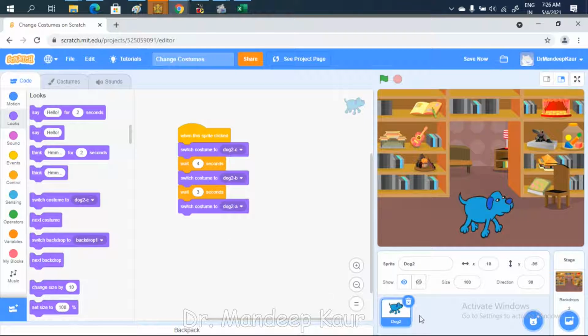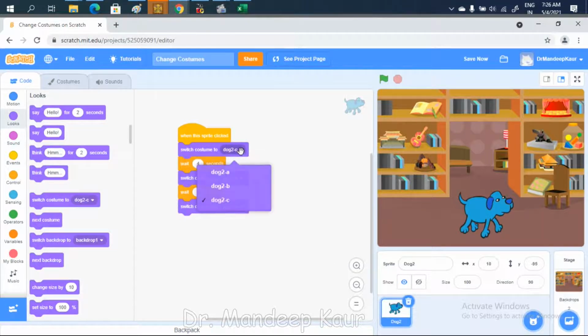And now if I just check this, when I click on this sprite, see, it's like C. Then for 4 seconds it has changed look, and then again for the 3 seconds it's like this. So I'm having this and this and this.